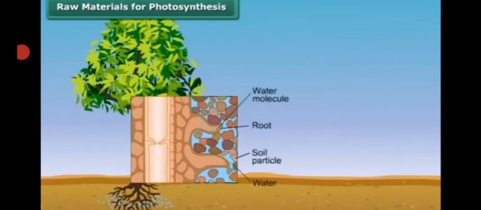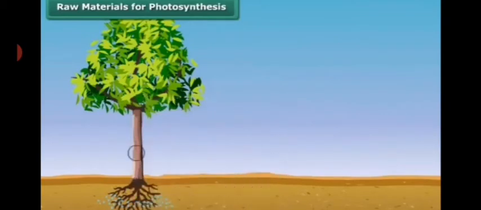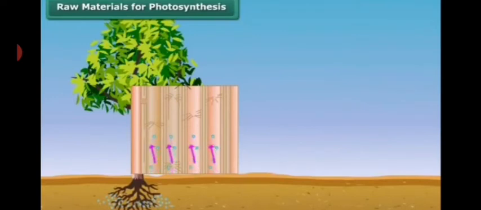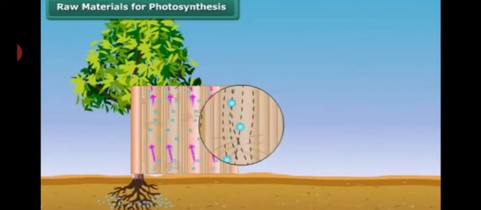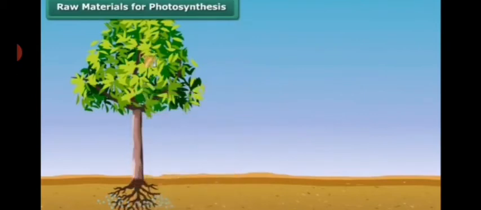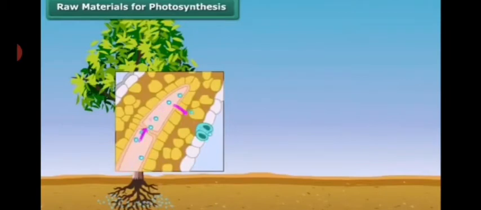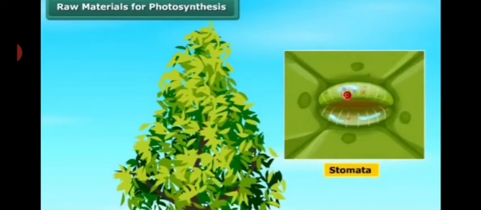Now you see it is showing the picture of the roots, because the plant also requires water to prepare its food. You see how the water is going through the roots and reaching the plant. Where is it reaching? Next we will see. It reaches the leaf, right? The water is coming to the leaf to prepare the food. Here you can see that some of the water is also going out. We have studied transpiration, where some of the water is removed.